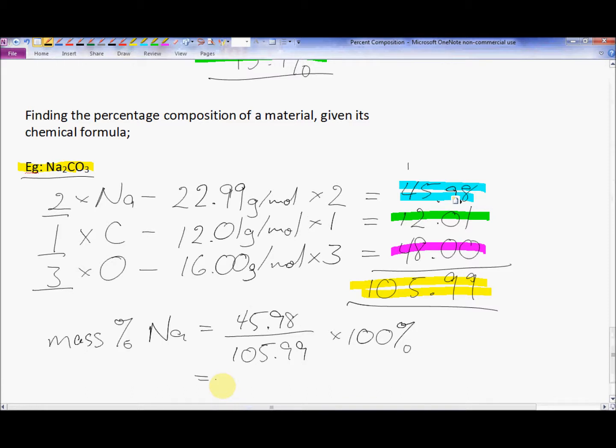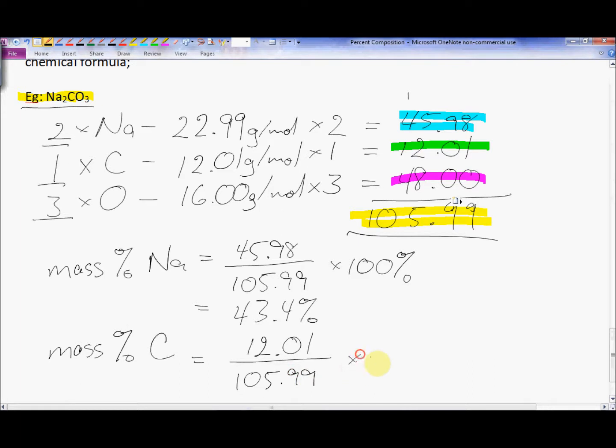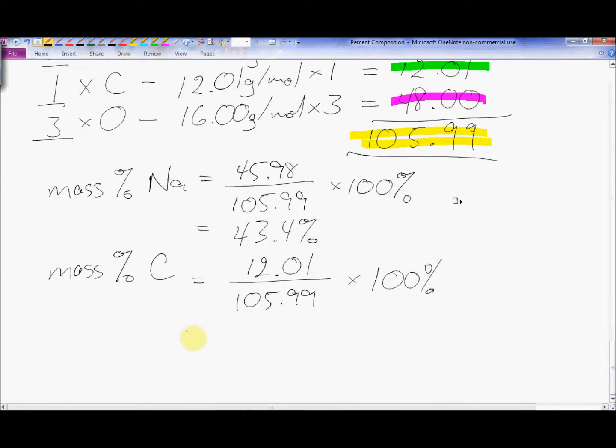The mass percent of carbon is going to be equal to 12.01 divided by our 105.99 multiplied by 100%. And that comes out to 11.3%,